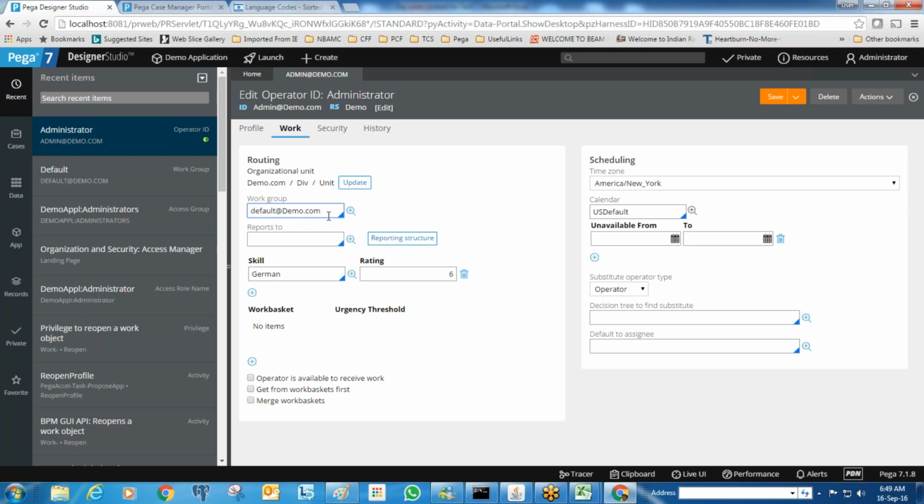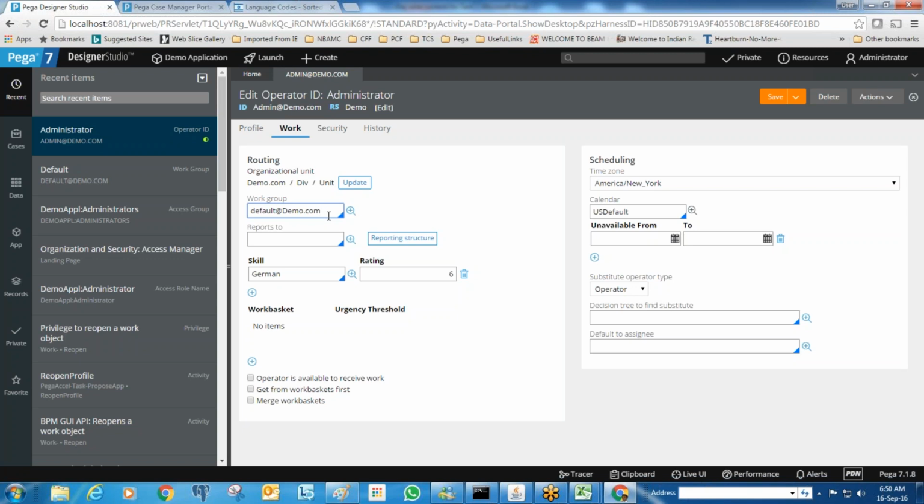Let's say you raise some certification request. As a user, you logged into the application, and then you need to get the approval from your manager. So that scenario will come. How can the system know who your manager is? By using the work group record. It will open the work group record, where a manager is already configured. By that configuration, the system will get the manager record and send the approval case, approval assignment, or approval task to the manager.